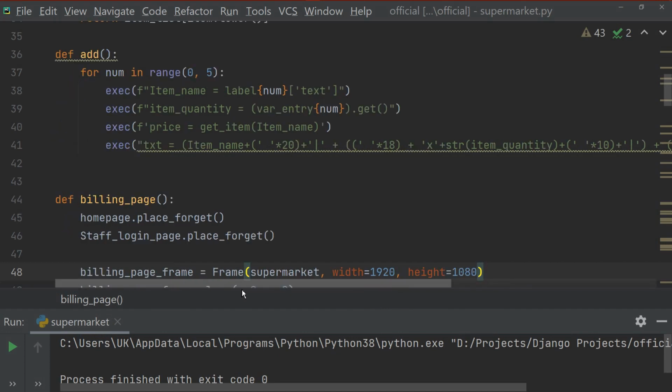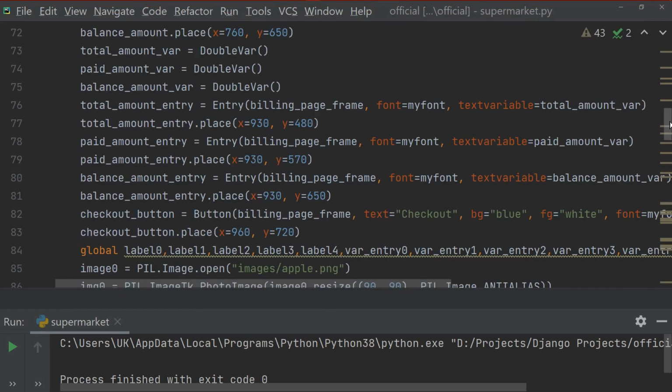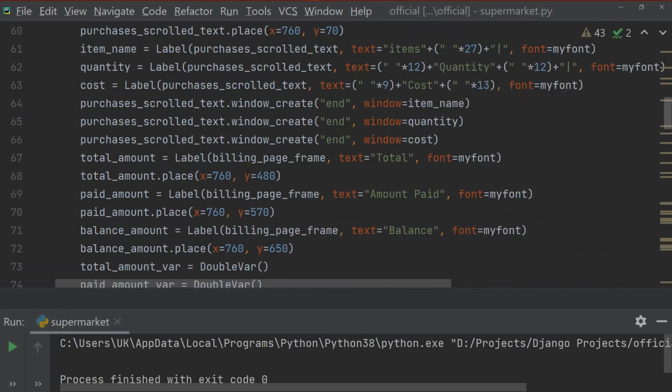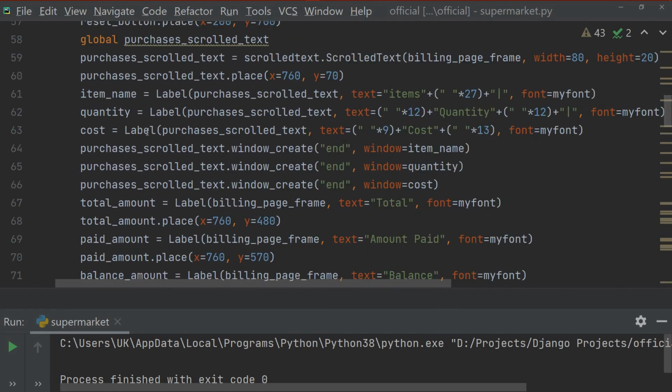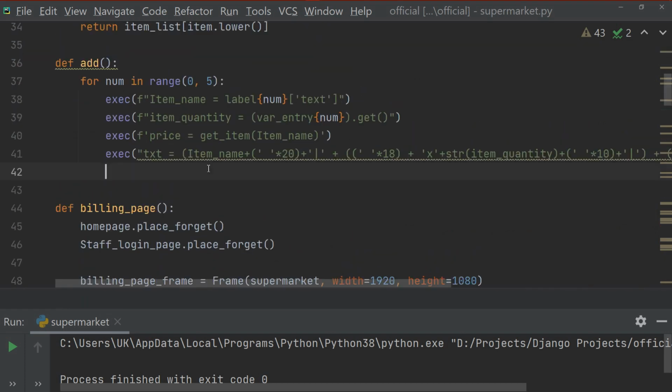Okay, but let me go down here. Okay, no error, so I think it's looking good. So now let's add them. So I've actually added some global, so I've made the purchase code text global so that we can use it up there. So I'll go here, so execute, and I'll say